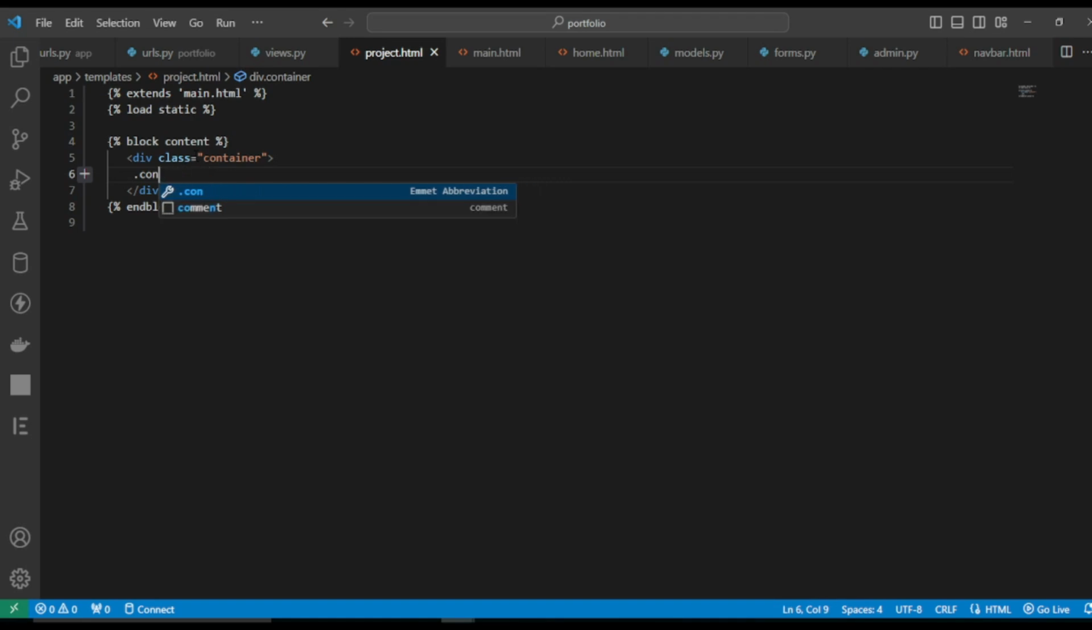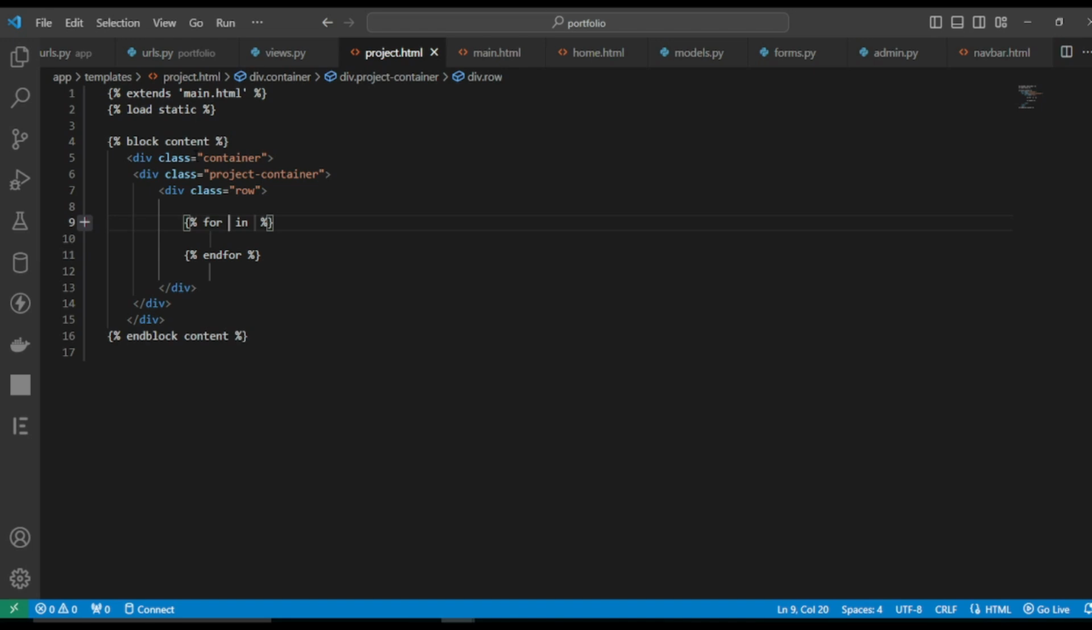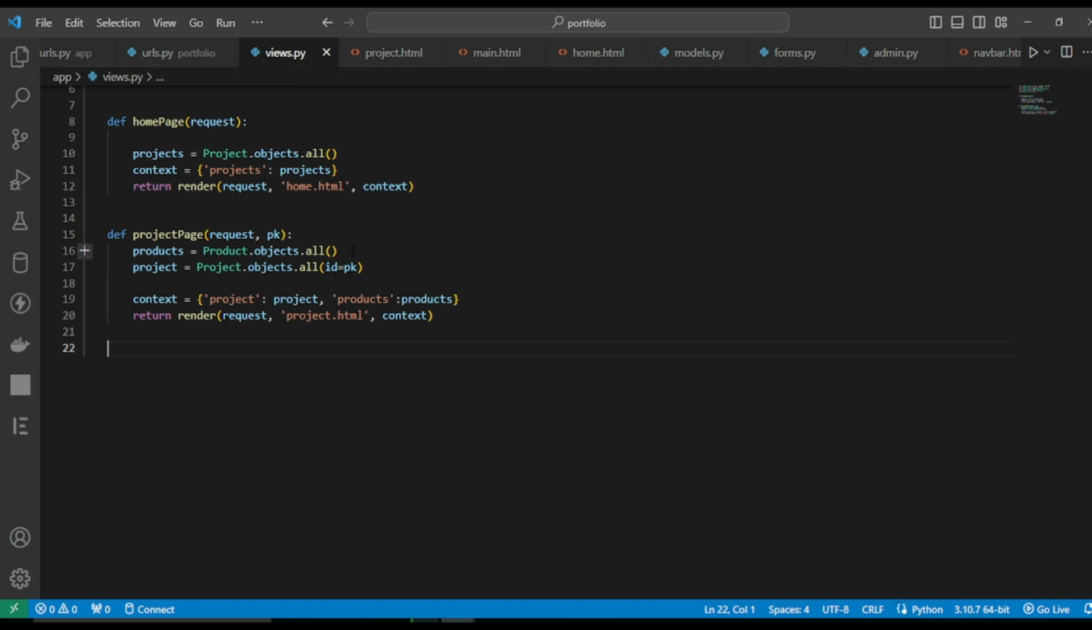So we should make a row. Inside this row, we can add this total. So the first should make this for statement. We're going to make a product section. This for statement can define this product inside this products, because we have got this product function inside this list.py. You can see products equal products project or products dot objects dot. So after that, we can add this product inside this